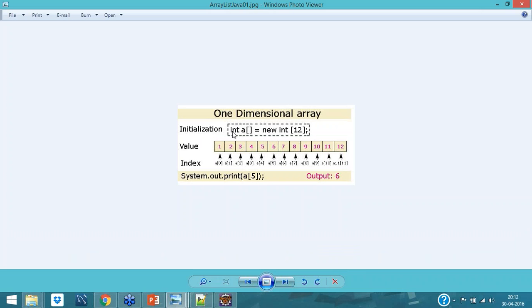But the problem with an array is that once you have created it and are using it, you cannot put a string inside an integer array, you cannot put something else, you cannot delete something. There are a lot of negative points. That's why the collection framework came.